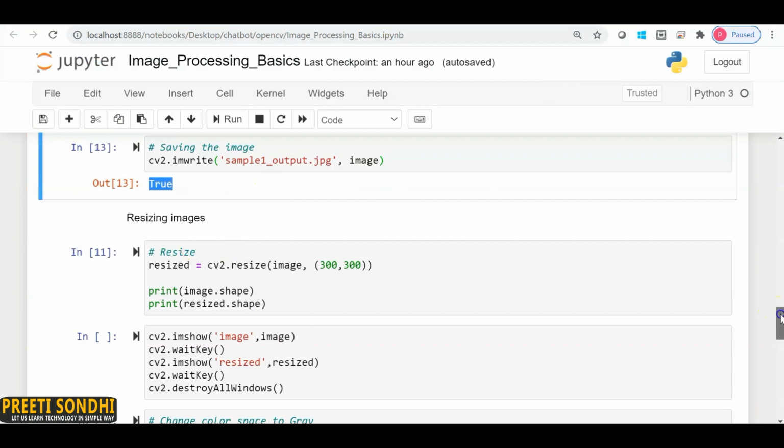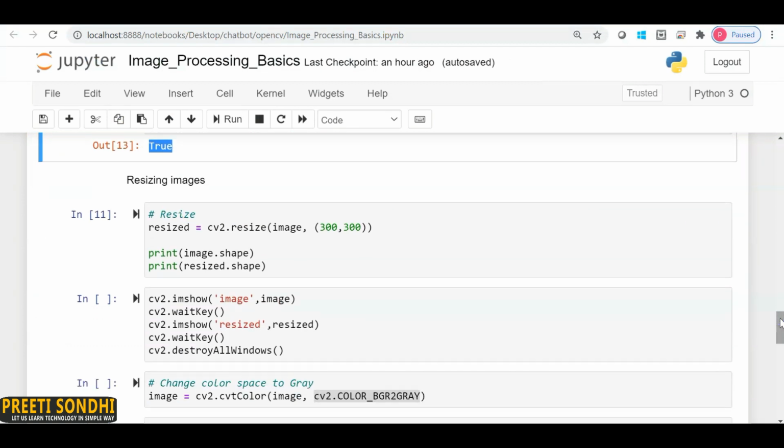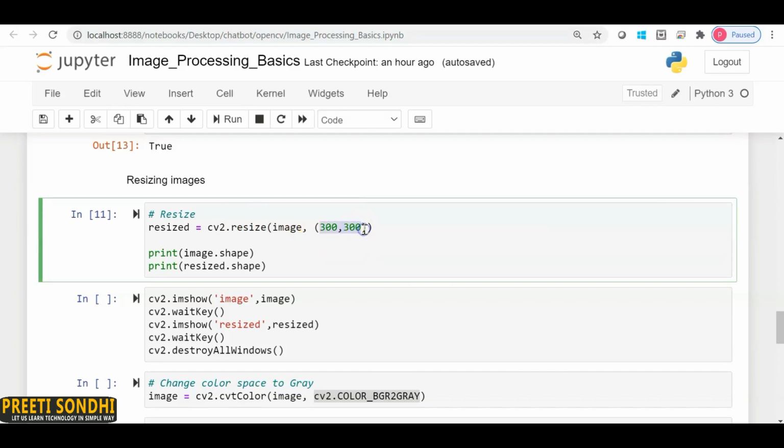Now let's come to resizing an image. For resizing an image, you can use the resize function. In this resize method, you can either specify the values of the x and y axis, or the number of rows and columns, which tells the size of the image. Now what I'm doing, I'm just using the resize function and passing my image, and I'm specifying the values for the x and y axis with which I want to resize my image.